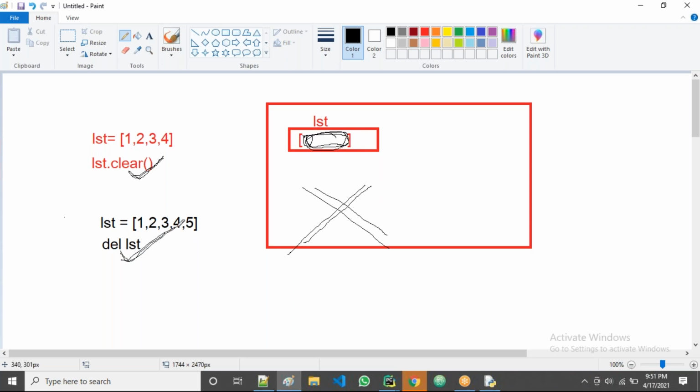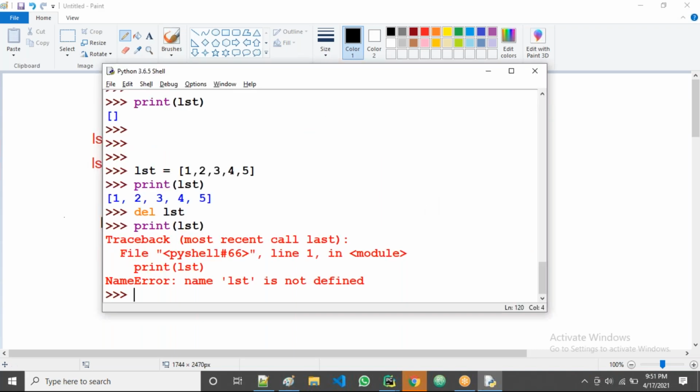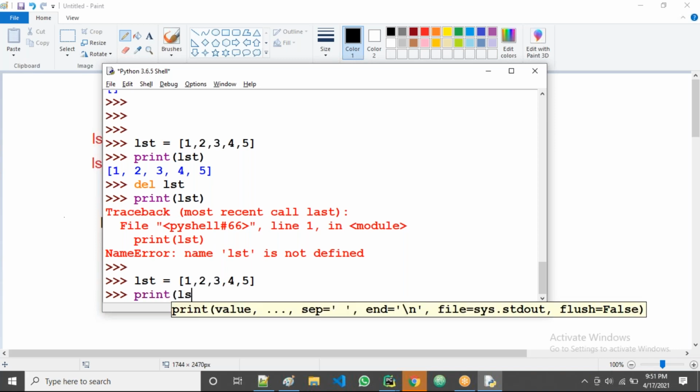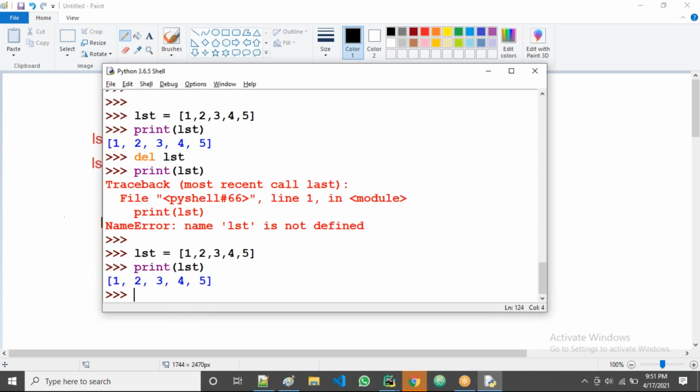So del means we can remove the entire list, guys, or else we can remove a specific element also. Only that element is removed, and all the remaining will be there. What I'm saying here, observe now. I'm taking the list, right? Print of lst, yes, all are there. Now del space lst. If I run this one, then what happens here? The entire list will be removed from memory, guys, not just the data.